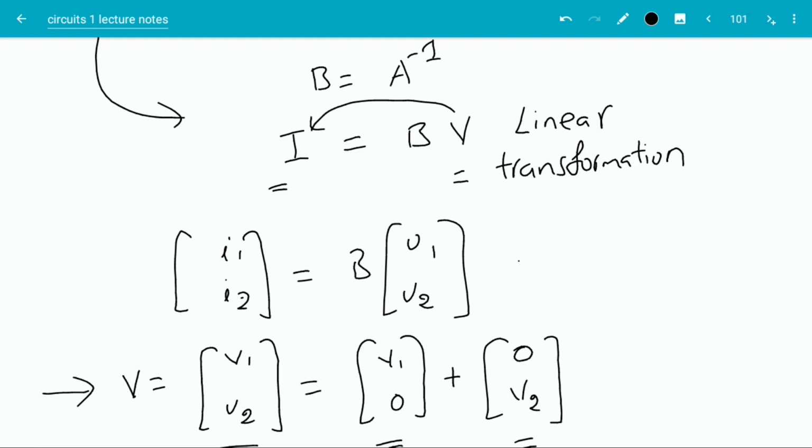Now here's the more important generalization we can make. No matter what method we use, whether node voltage method, mesh current method, or superposition method, since all the KCL and KVL equations are linear, the input and output values in all circuits will be related using a linear transformation. That means for any circuit, the output values can be expressed as a matrix times the input values, which means you can use the superposition method for any linear circuit.